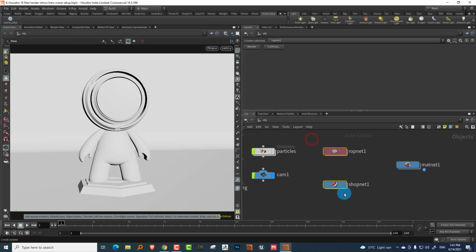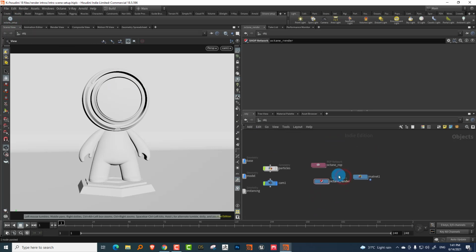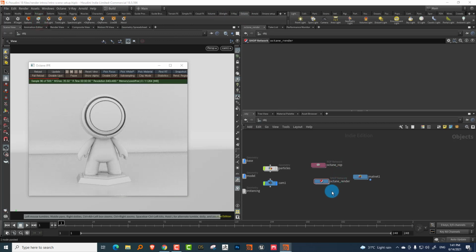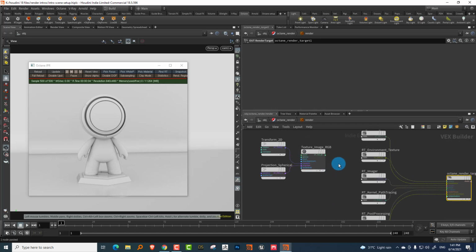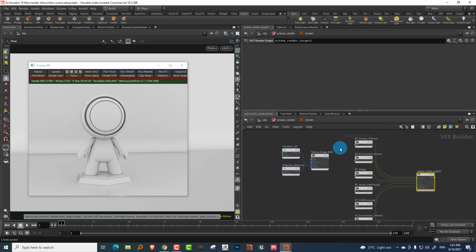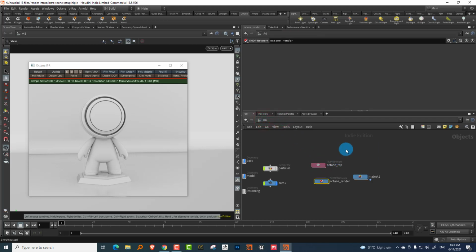Next time, just click on that Octane setup button and it'll create all of it for you. Then I can hit IPR and it'll use that for rendering. You'll get the same result, except it'll be faster. I also added a few more things in there for setting up HDR, but like this, if you set it up once, you can just make a button out of it and reuse it.